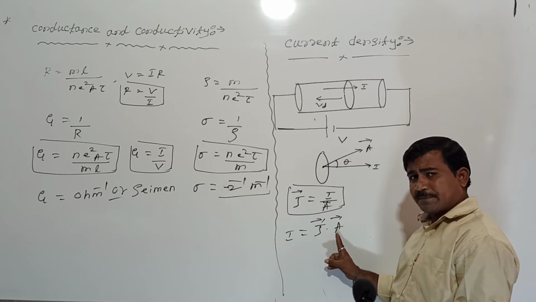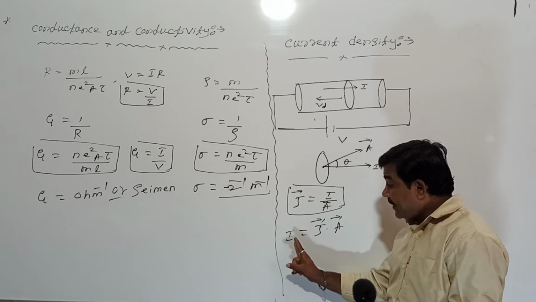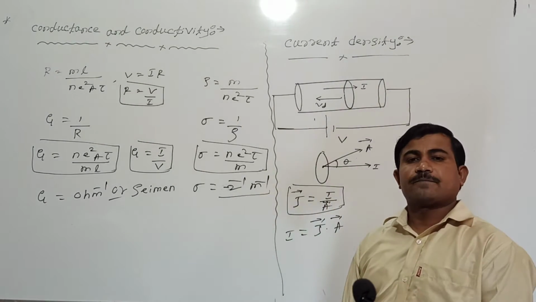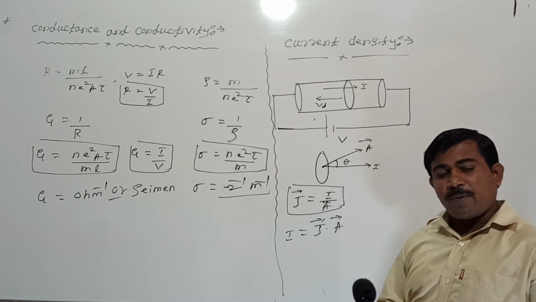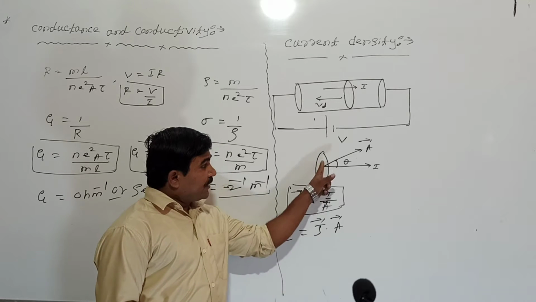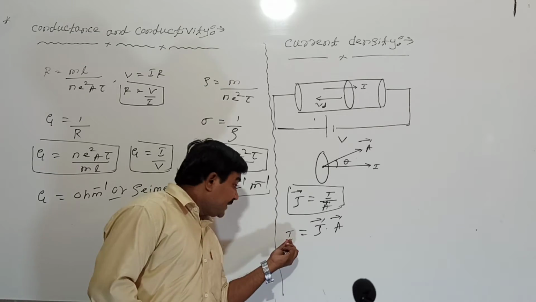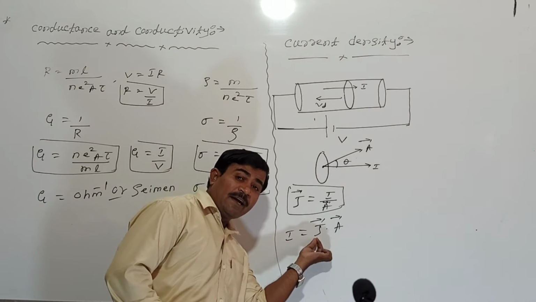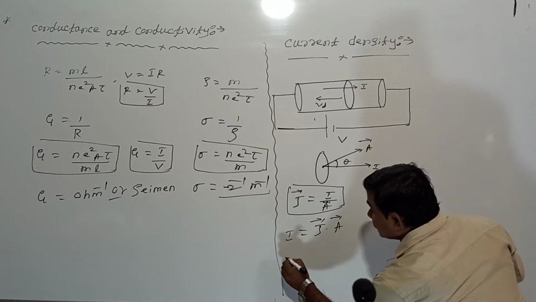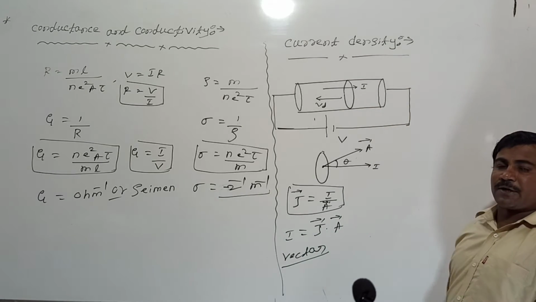Area vector is a vector. Vector dot vector, what is it? Scalar. Current is a scalar. If current is scalar, then whatever current density is, current density must be a vector. Are you following this? If current density is a vector and area vector is a vector quantity, vector dot vector must be scalar. For current to be scalar, current density must be a vector quantity. Then you can call this current density, at a microscopic point within the conductor, current per unit area, a vector quantity.